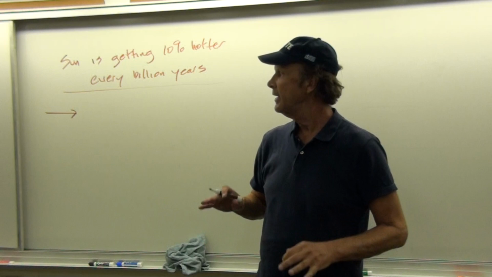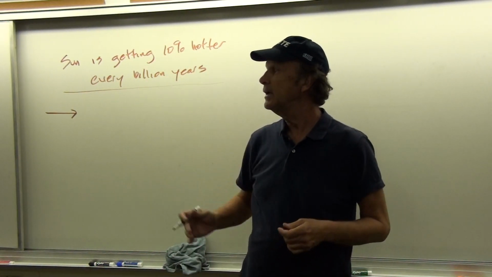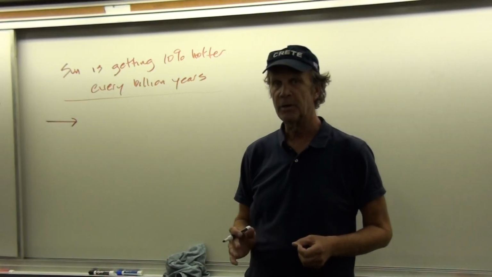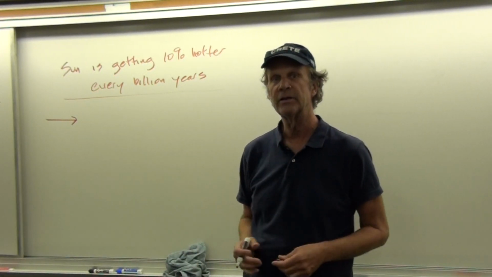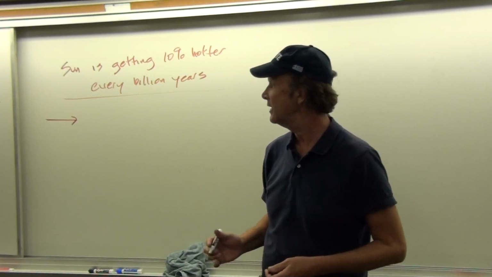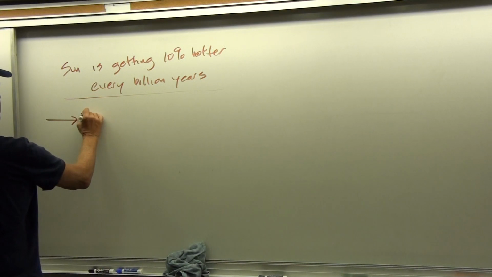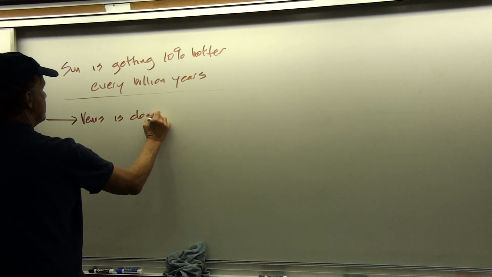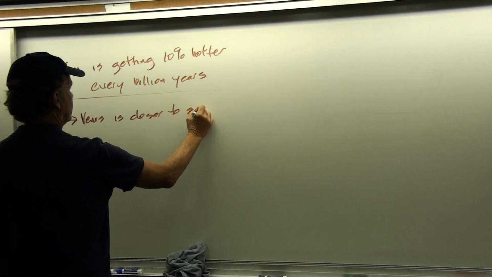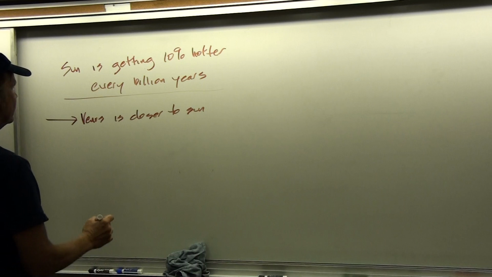Okay, and so if the sun gets too hot, then what's going to happen is that the oceans will evaporate and we won't have any more water. And we believe this is what happened on Venus. Venus is closer to the sun and receives about twice the solar radiation that the Earth does.